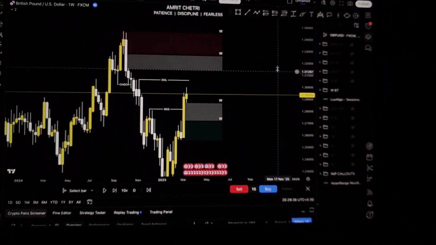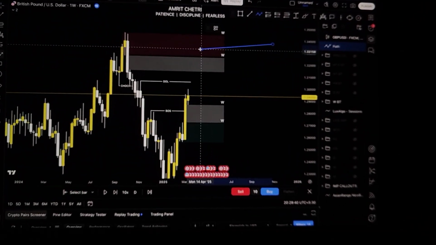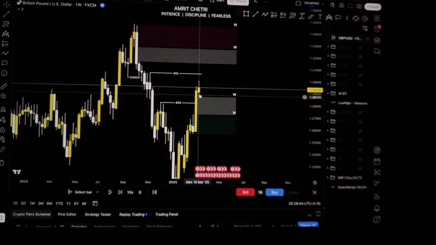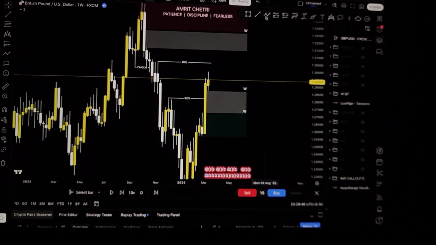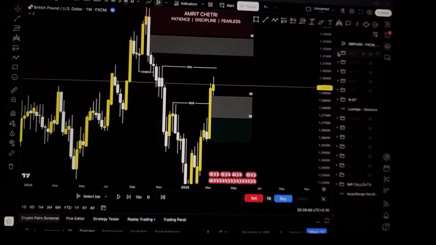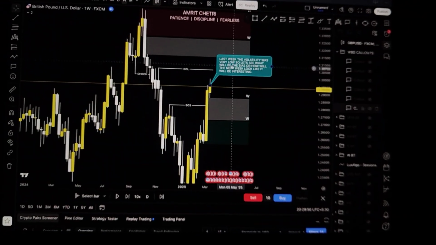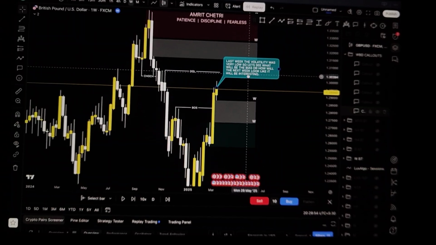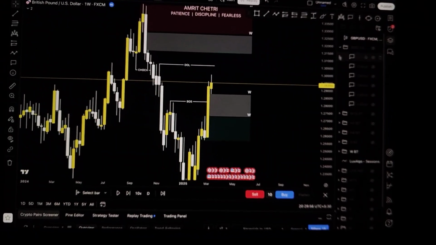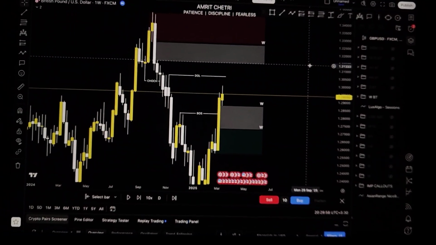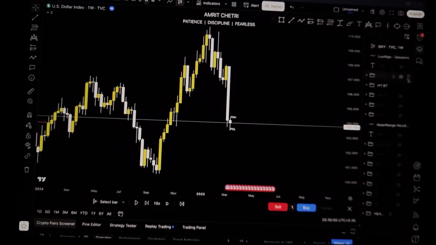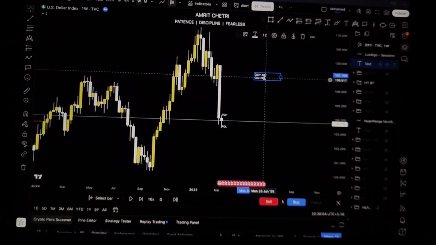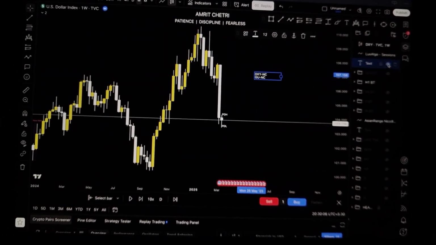Here we can clearly see the weekly supply, demand, fair value gap, market structure shift. You guys know. The previous weekly candle is not clear. It is not looking like the week before. The volatility in the market was very low, as you can see. Last week the volatility was very low. So let's see how the next week will look. Will be interesting. The weekly bias on GU was not clear, and also on DXY the bias was not clear. As I've written here, DXY not clear, GU not clear.